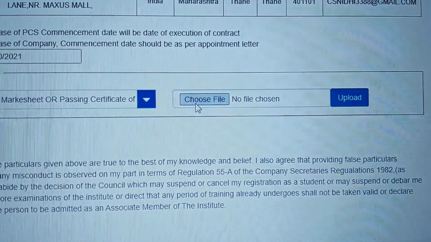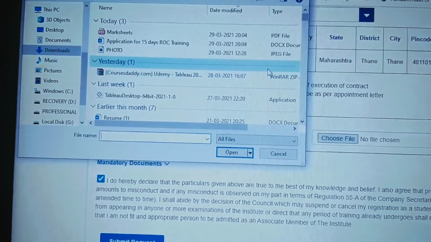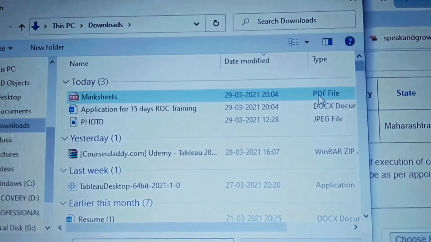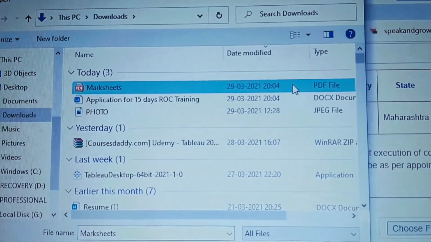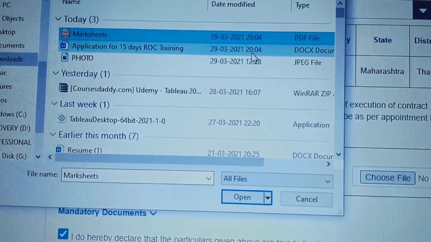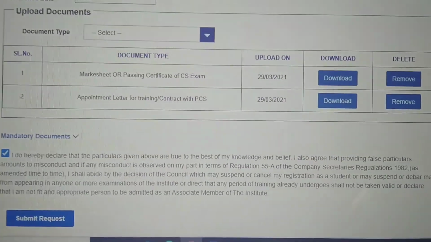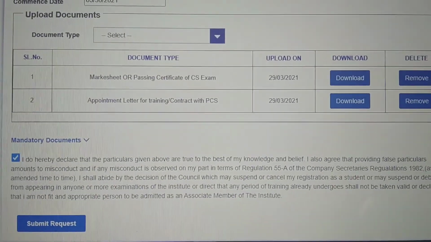Just click on choose file. I have merged all my certificates in one PDF, so I'm selecting all my mark sheets till date. Select the mark sheets and click on open. After this, when you click on open, the file gets reflected here. So you can see mark sheets.